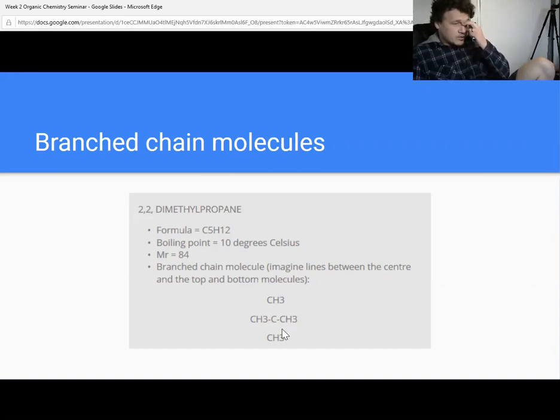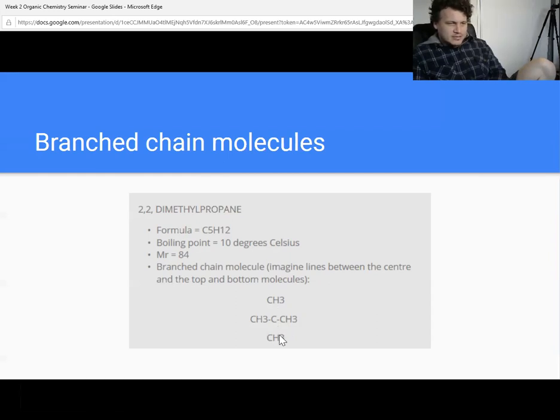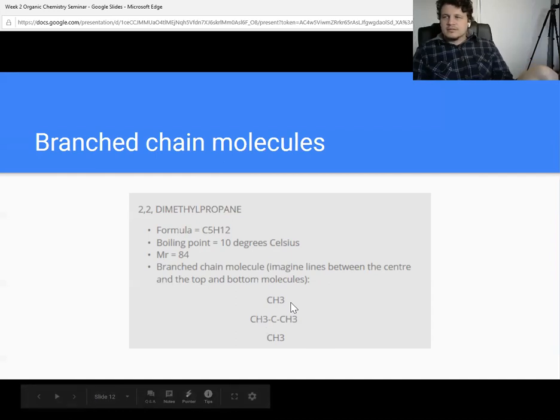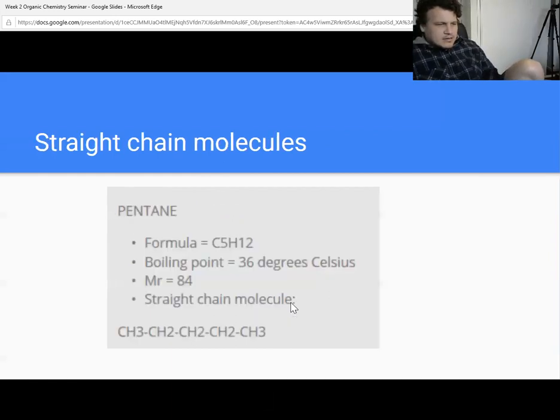So, if we were to look at where the access points for attraction are, most of it is covered. It's only around the edges that you would have the space for the attraction to take place. Whereas if we look at something like pentane,